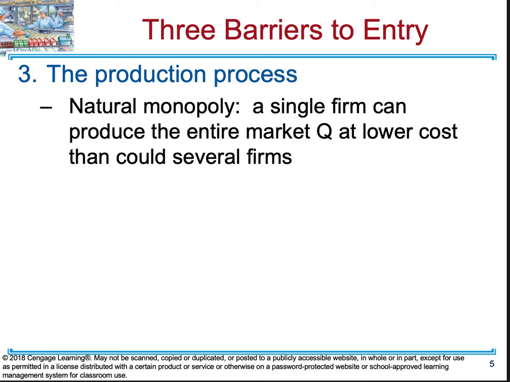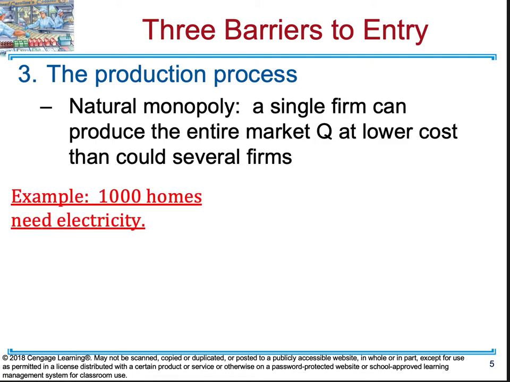So do you think it's much more efficient to have two railway systems or one railway system? The answer is always going to be one, because the costs are going to be much lower just for one. If you were to set up a second one, you would have to have new routes, new tracks, and you only have a scarce amount of space. The example we're going to go over is an electrical company.